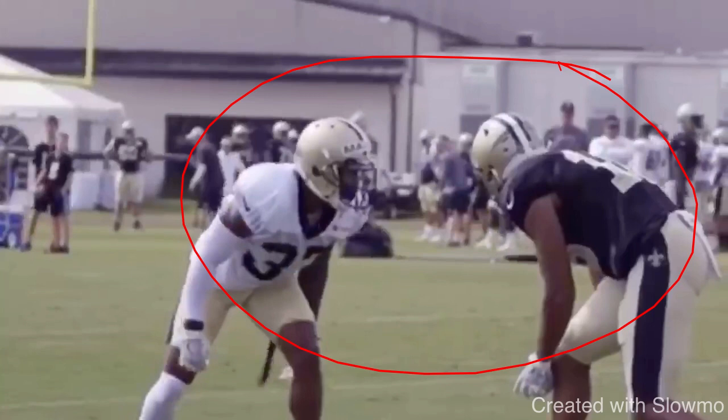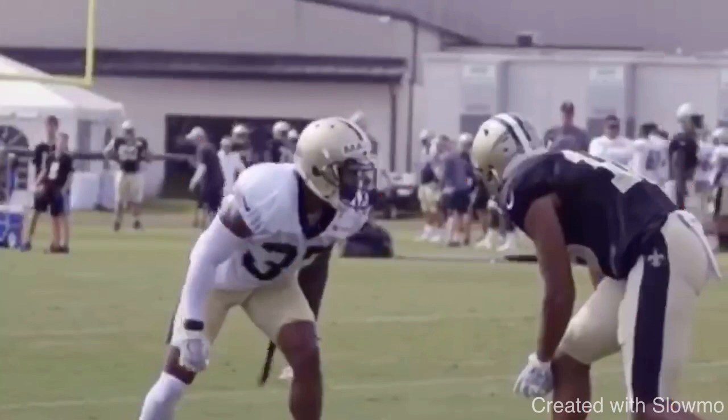They'll come up to the line and they'll be on their heels almost, and their chest will be straight up in the air, and they're leaning back because when a DB lunges at them, they're going to lean back, and they feel like, oh, I'm going to get out of the way, and I'm just going to get up into the route. What you can do, especially if you're evenly matched with the guy,